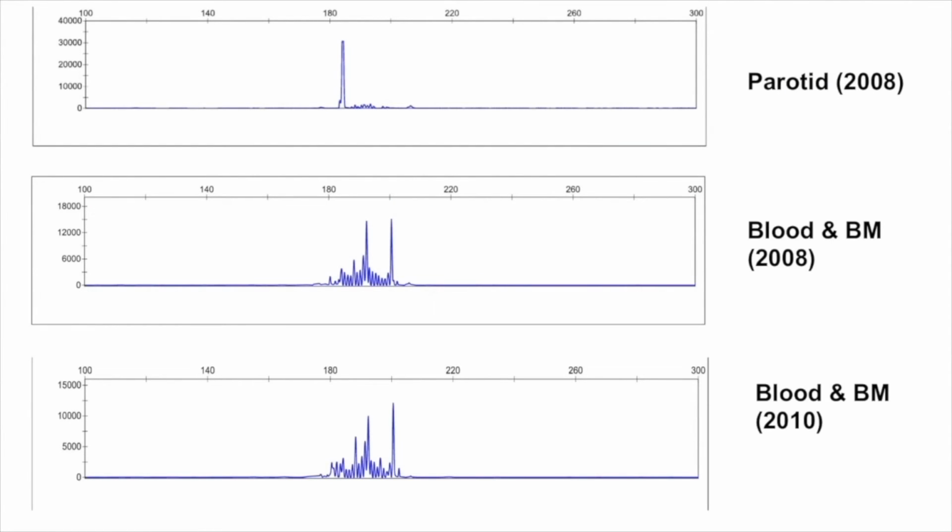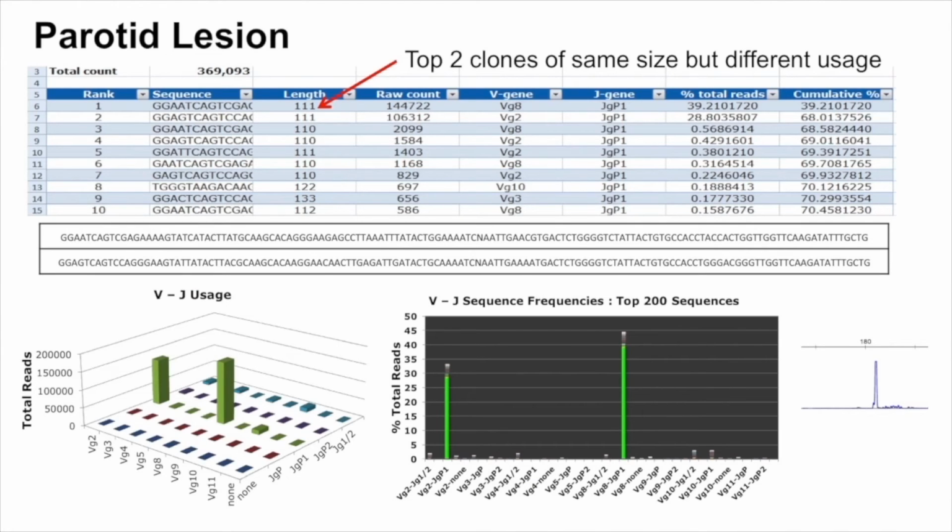But what you can actually notice in here is that even though you have clones that are exactly the same length, you can see it here is 111 base pairs, these are actually 2 completely independent clones with different sequences that you can see here. So while the fragment analysis assay will tell you that the patient only has 1 clone, you can characterize it fully, and you will know that it is actually 2 different clones that you would need to track in this